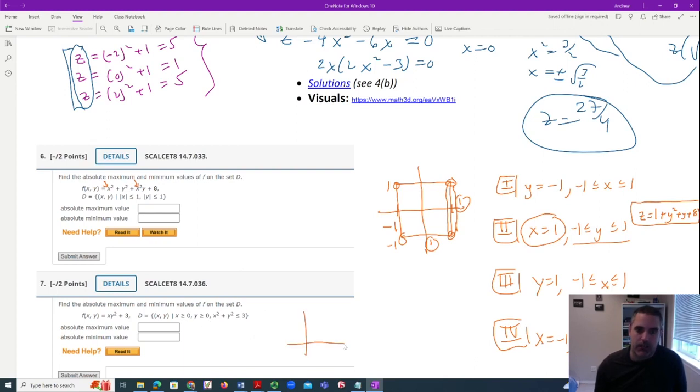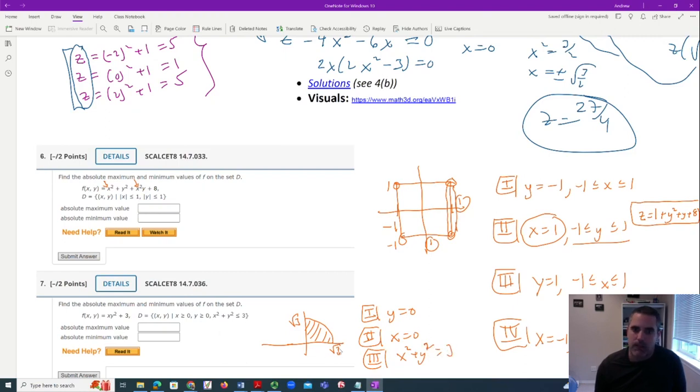This one is saying I want inside the circle and in the positive axis. So this is saying, okay, this would be root 3, this is root 3, there's the region. So this time you have 3 boundaries. You have y equals 0 between 0 and root 3. You have x equals 0 for y between 0 and root 3. And then you have this equation, x squared plus y squared is 3. And it's also